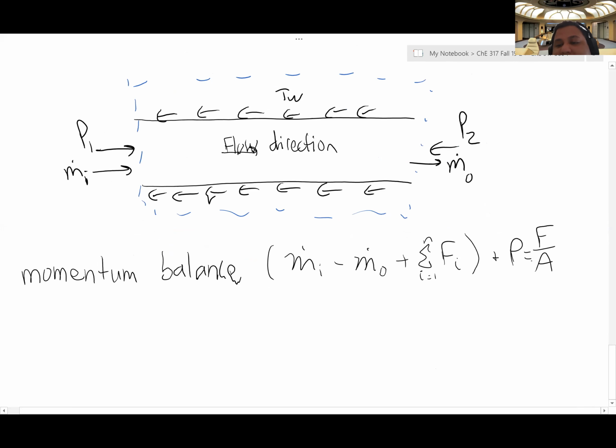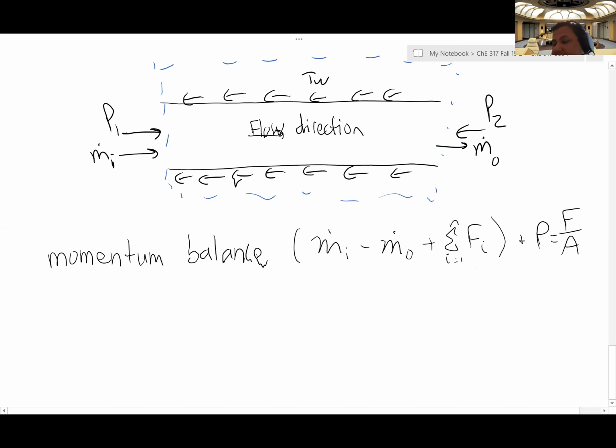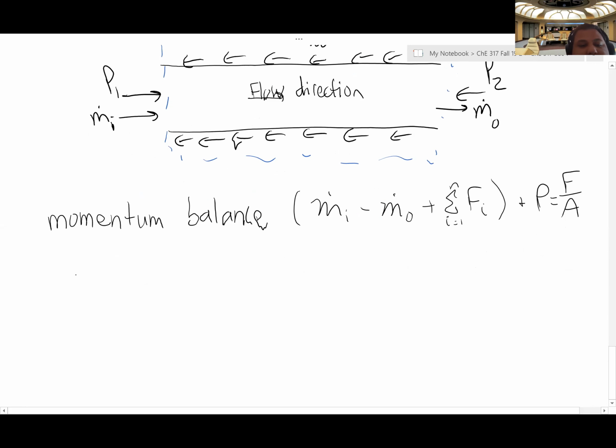So if I'm interested in the force itself, I have to multiply my pressure times an area. So what I'm left with is I'm looking at the pressure in minus the pressure out times the area in which it is exerted, which in this system would be the cross-sectional area, or pi times d squared over 4,